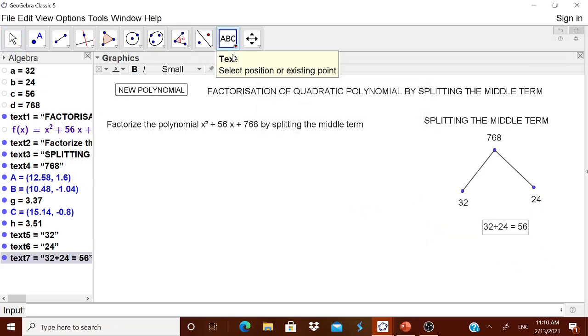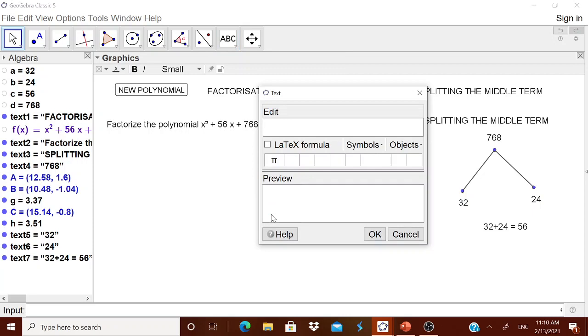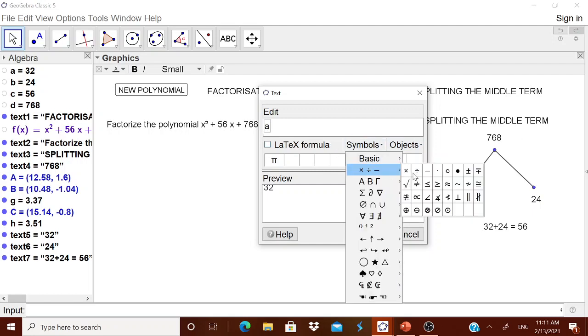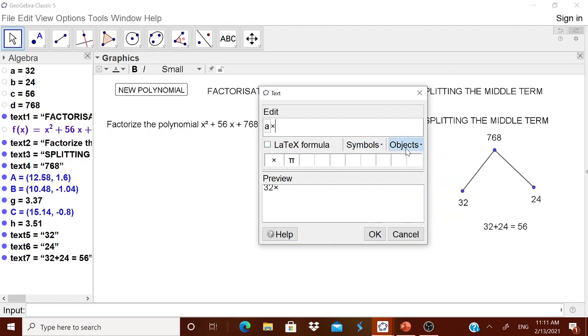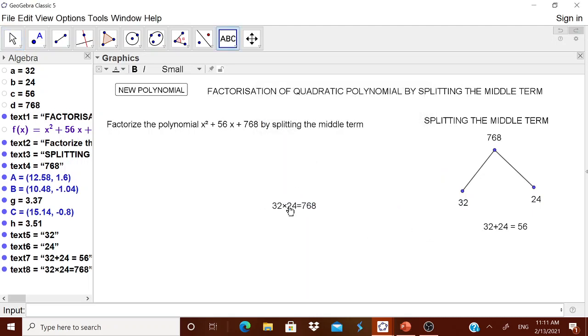That is the middle term. Then their product, therefore A from the object I will take A, from the symbol I will take multiplied by B is equal to D. The child should know why you have split it into 32 and 24.